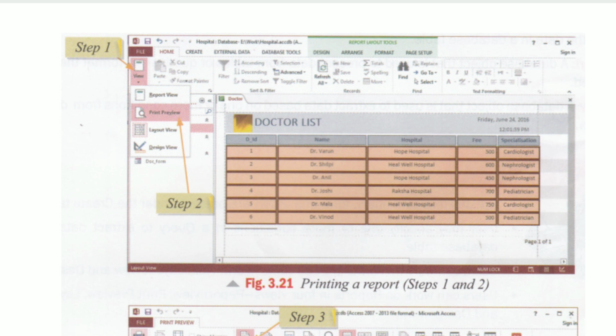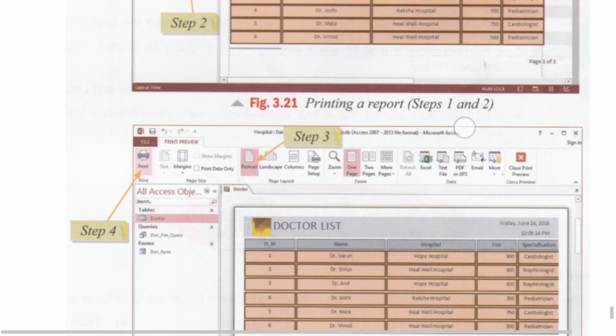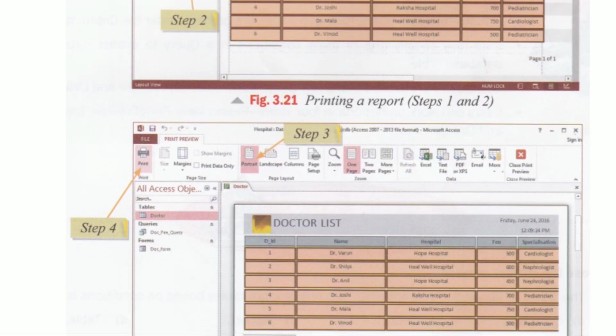Thereafter, we can make changes. We can change the data according to page size and margin. We can change the orientation of the page, etc. from the ribbon. After completing all these activities, we can click on the Print command, as you can see in the next figure, indicated by step 4.